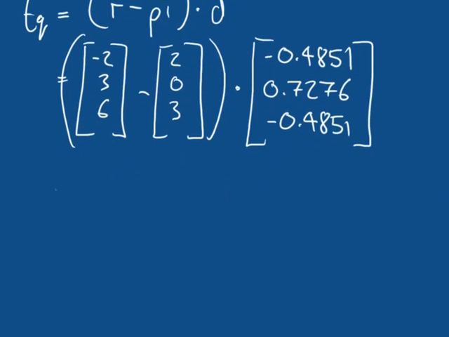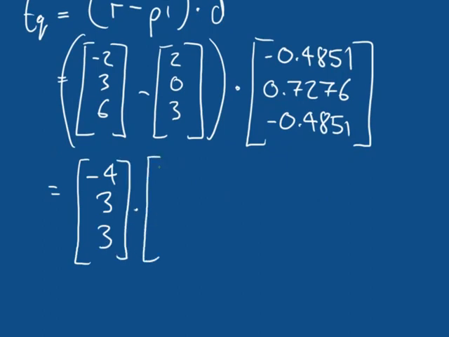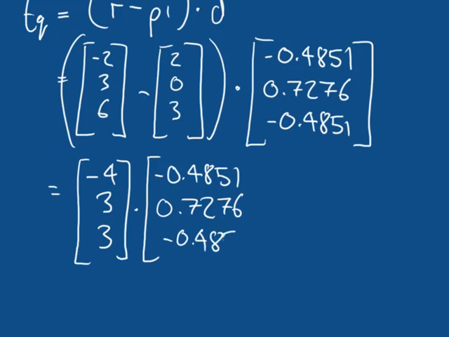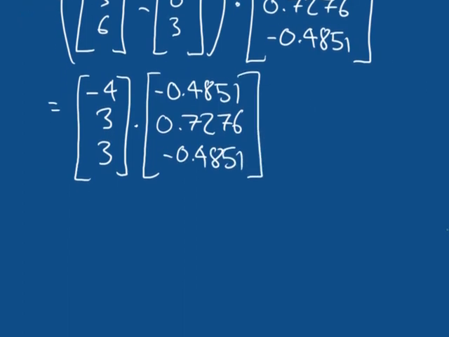Fantastic, which is equal to, well, minus 2 minus 2 is minus 4. 3 minus 0 is 3. And 6 minus 3 is 3. Dotted with our vector minus 0.4851, 0.7276, and minus 0.4851. Fantastic. So this is going to get a little bit messy, and I will use a calculator to solve it,